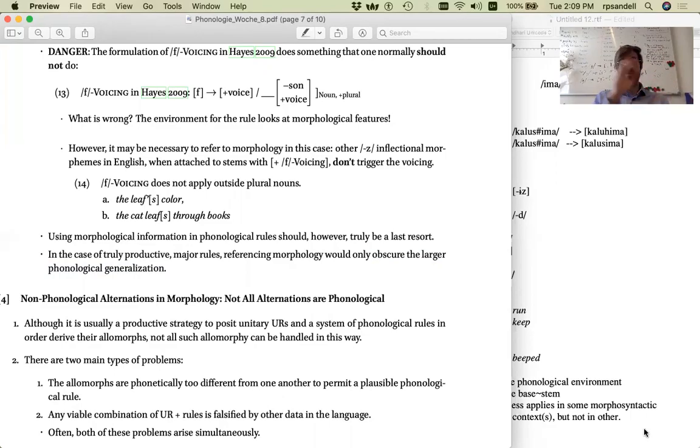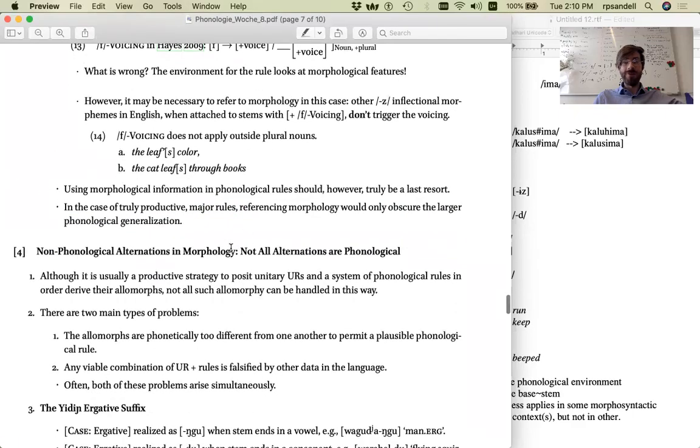One might be tempted to say that is a process that only applies in forming the plural of nouns. But if it is a process that always applies regularly and we can find even one or two instances of application beyond that morphosyntactic context, or we don't have any evidence that it doesn't apply outside that context, we should assume that we have a major, productive rule that doesn't require any reference to aspects of the morphology or the morphosyntax. All right, let's take another break here, and then we'll come back to cover